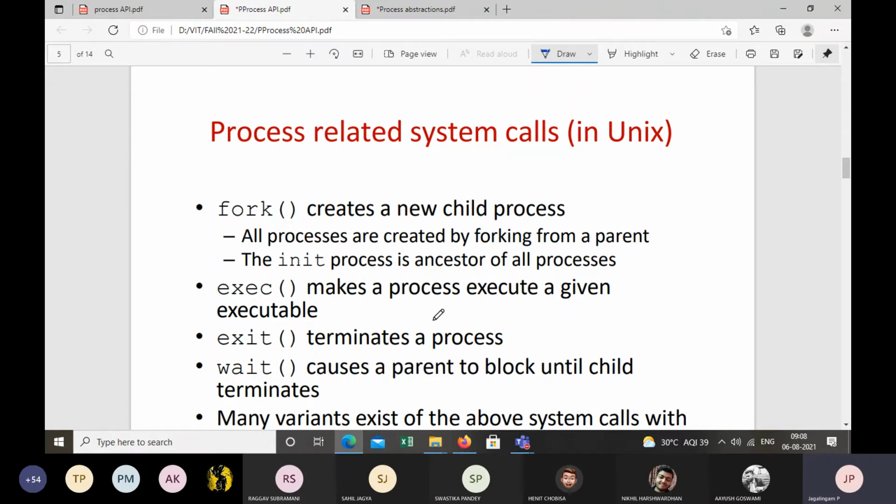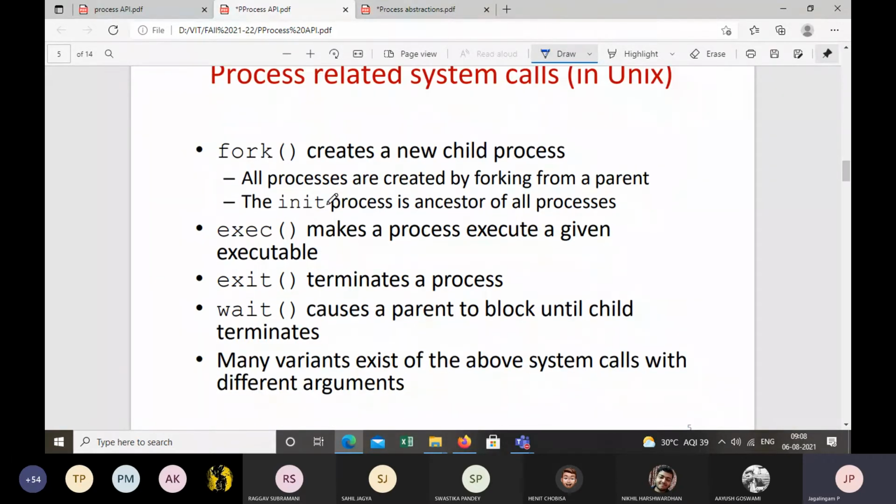We have several system calls for a process, starting from fork, exec, exit, wait. Let us try to understand each of these in more detail. Now, fork is a system call that helps to create a child process.